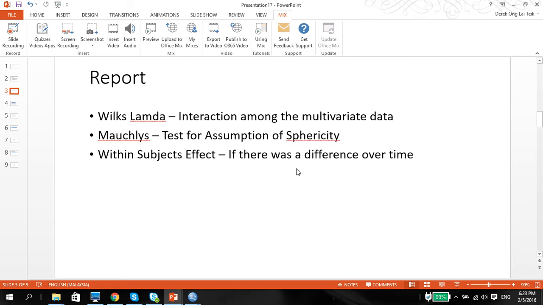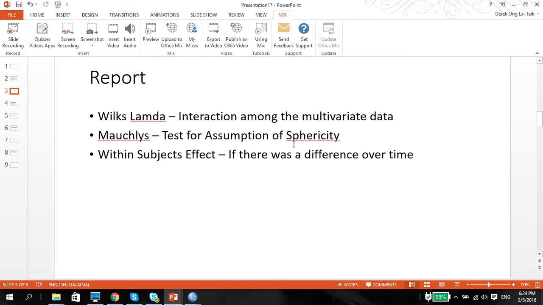Now, there are 3 things we need to see. One is, of course, the Wilks' lambda to check if there are interactions among the multivariate data, because if we have 3 time periods, we want to see if there are differences among the means of these multivariates. Mauchly's test is for the assumption of sphericity. Basically, the assumption of sphericity is to say that the 3 time periods, for example, have the assumption that their covariances are the same. So if their covariances are not the same, then you might have to use a different